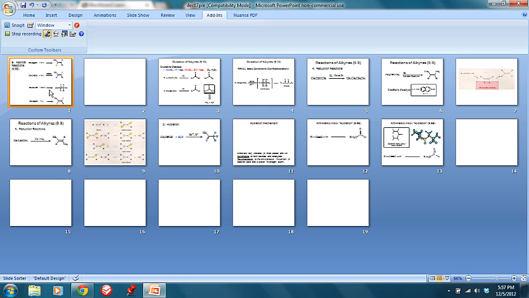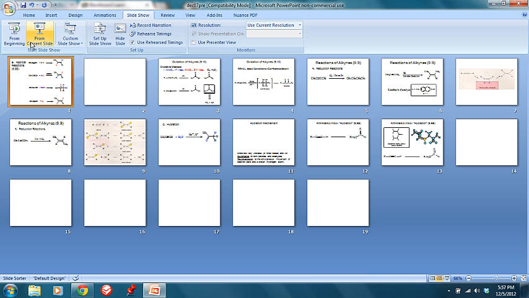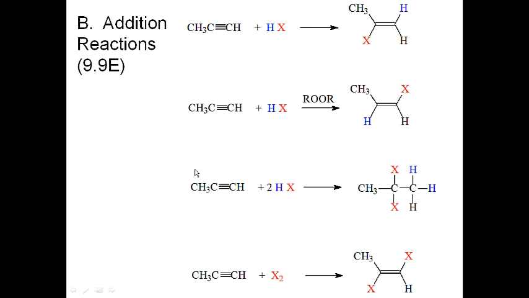Okay, so now let's talk about the last set of reactions for alkynes. And one of the things that is going to make this relatively straightforward, at least part of this, is the fact that if you know the reactions of alkenes, you know the reactions of alkynes. So we can add HX, which would be, again, our HCl, HBr, HI. We can add these to carbon-carbon triple bonds. They will add Markovnikov,